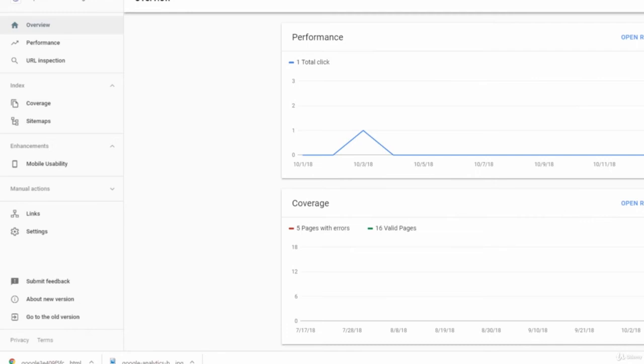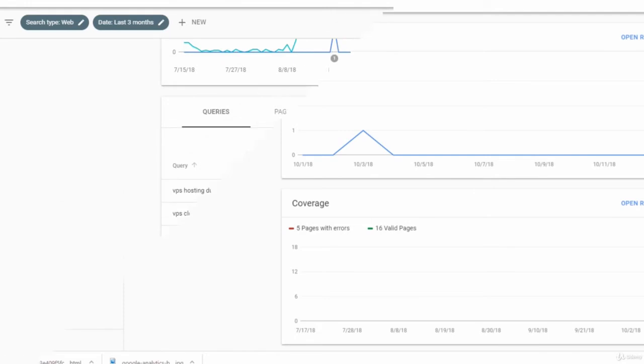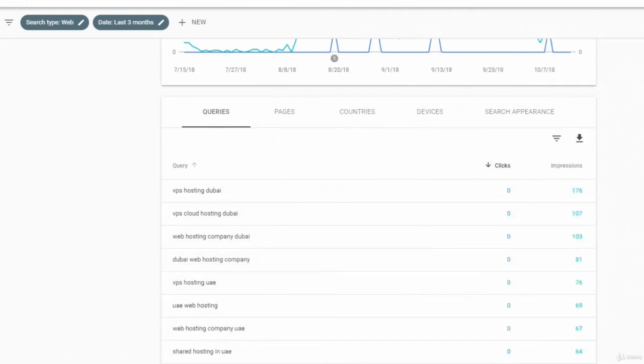When you log into your Google Webmaster Tools account, the first thing you will see is the dashboard. From here, you can access all the major sections: search queries, links to your website, crawl errors, keywords, and sitemaps. Clicking on any of these will open the respective section. Search queries. The search queries section shows the keywords that led users to your website.